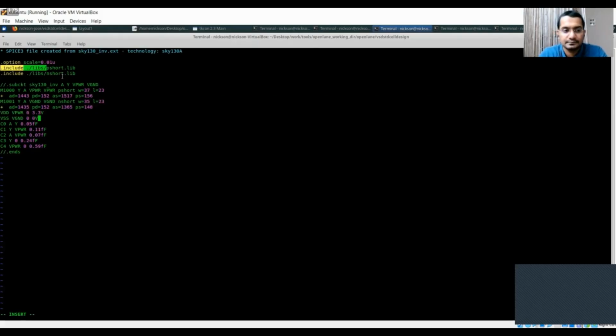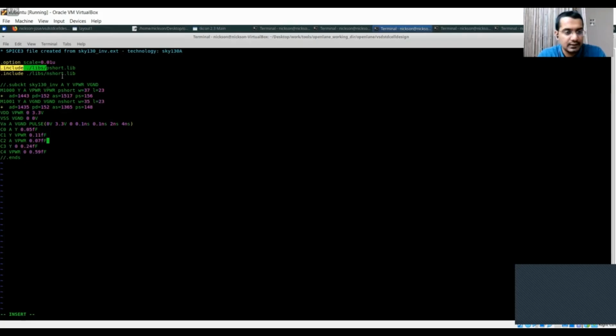Now we need to specify the input pulse. We create VA, which is connected between the gate and VGND, which is now equivalent to the node 0, having a value of 0. And this is how we give a pulse value. The pulse low value is 0 volt. Pulse high value is 3.3 volt. Pulse starting point is 0 nanosecond. The rise time is 0.1 nanosecond, and 0.1 nanosecond is the fall time. This 2 nanosecond is the on pulse width, and 4 nanosecond is the time period. This is how we define pulse in the